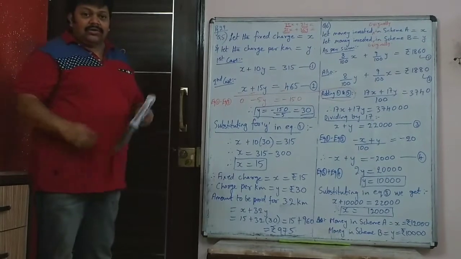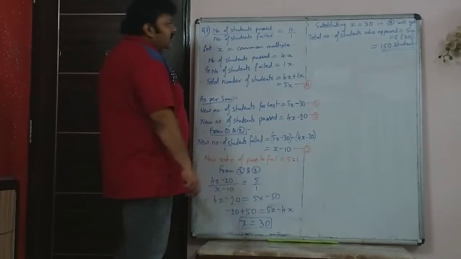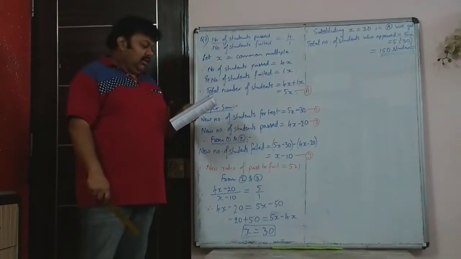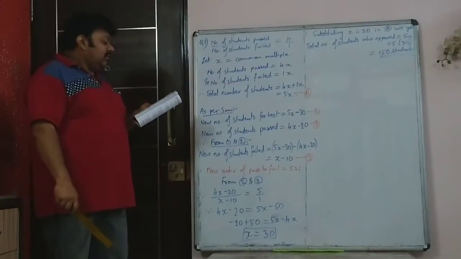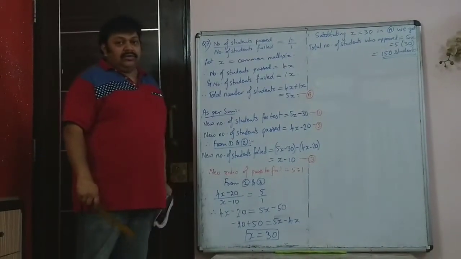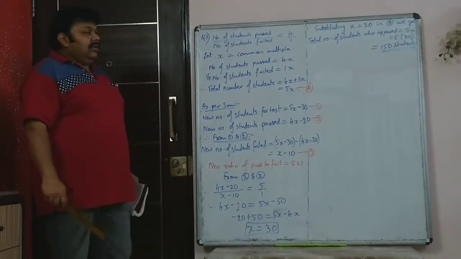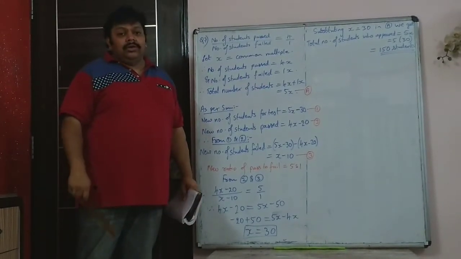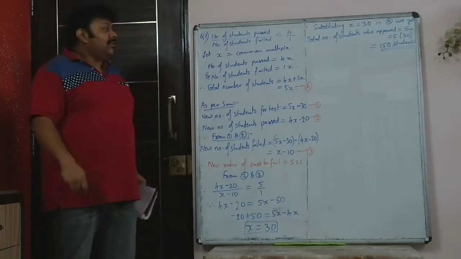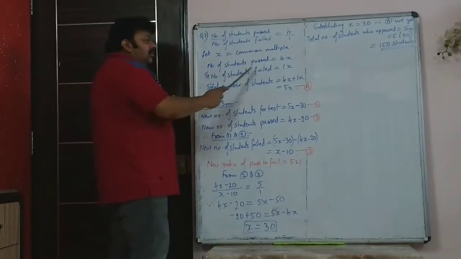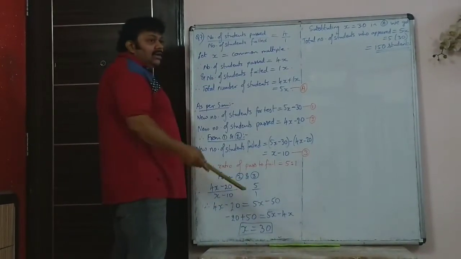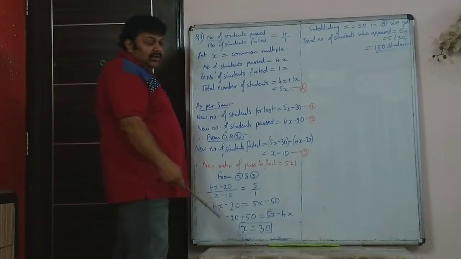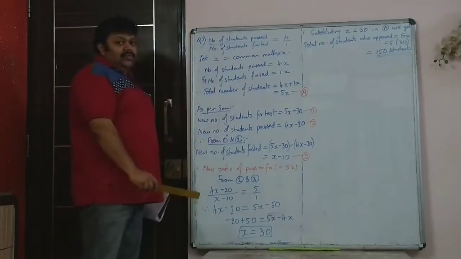We go on to the next sum. So the last sum for this video today, we will stop at question number 7 today. It's given that in an examination the number of passes to failure is 4:1. That doesn't mean there were 4 people who passed and 1 person who failed. It is multiplied by some common multiple x. So there could be 40 and 10, it could be 80 and 20, it could be 120 and 30, we don't know. But the ratio we know is 4:1.